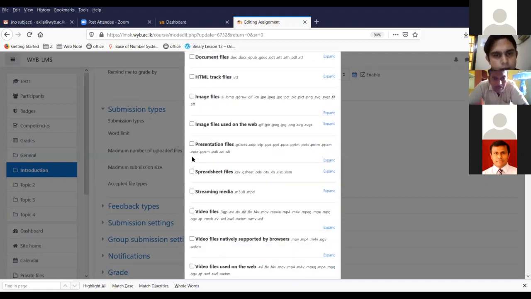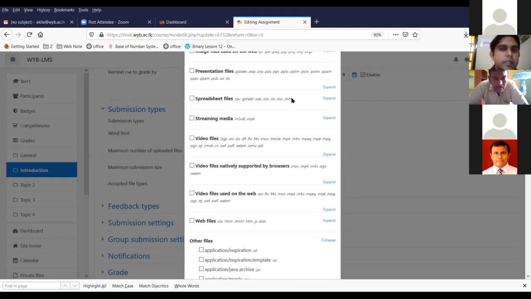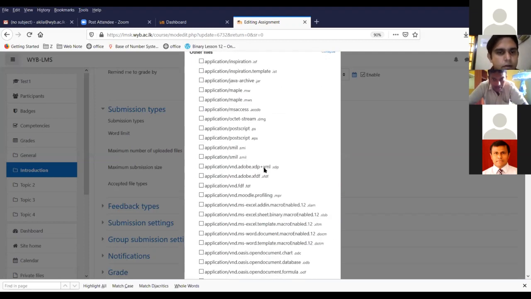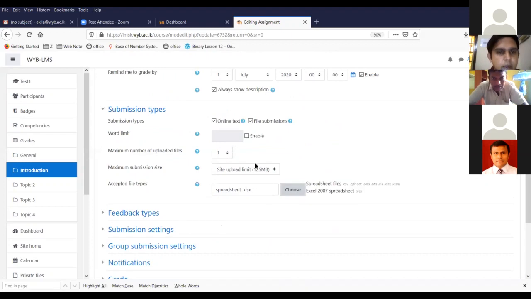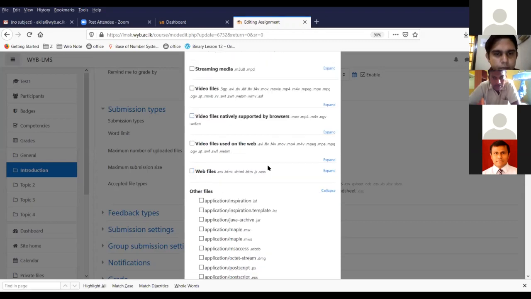Let's say it's an Excel file and you're going to accept only Excel files. Then you can click spreadsheets only. Then you have to save the changes. Then the student will be able to submit only Excel files. If you want to accept only PDF files, similarly, you can find PDF files from here.